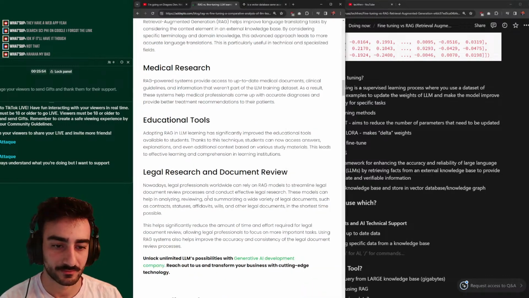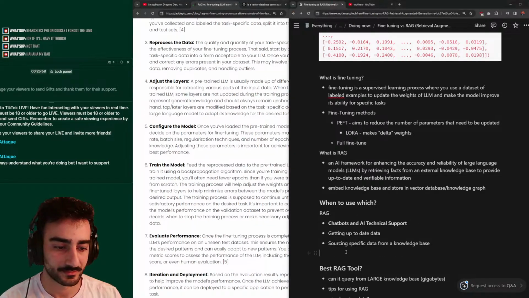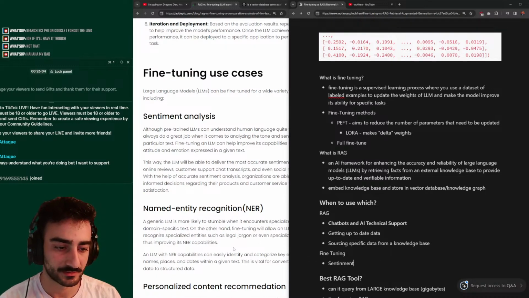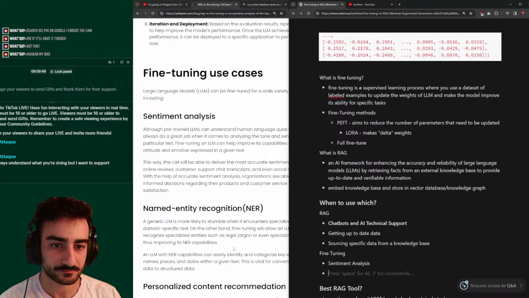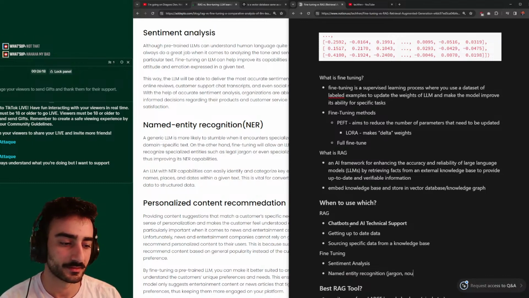That's kind of what RAG's for. And then fine-tuning is good for sentiment analysis. Named entity recognition, jargon, nouns,